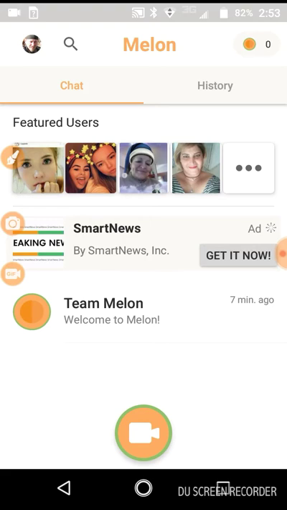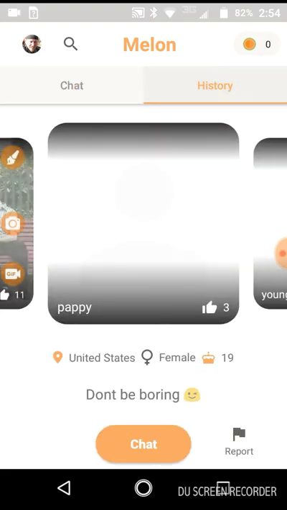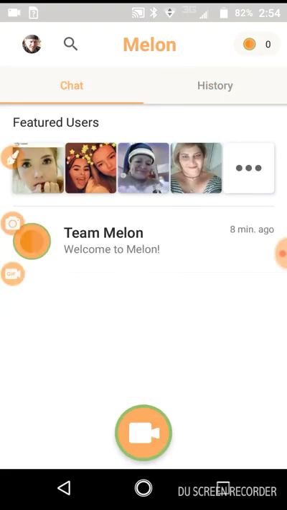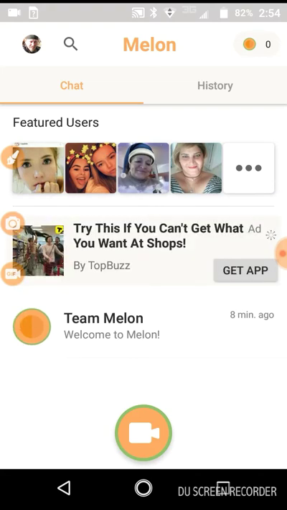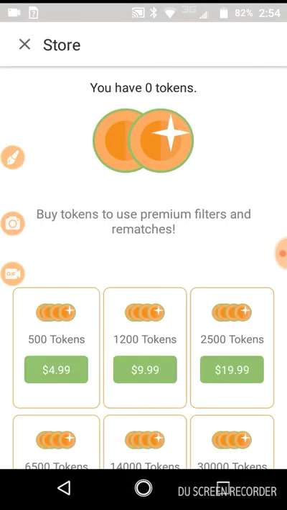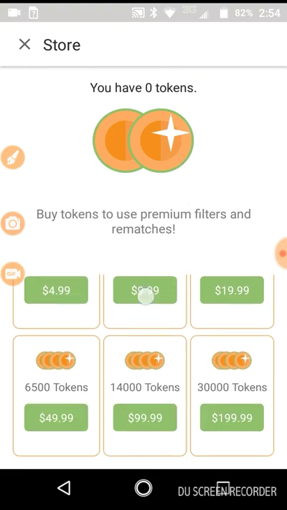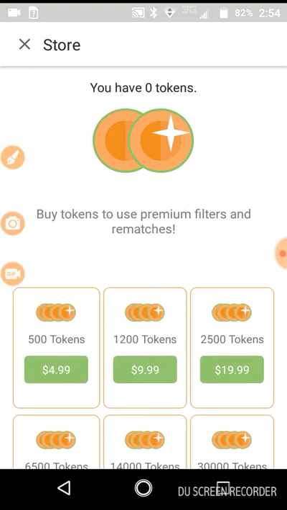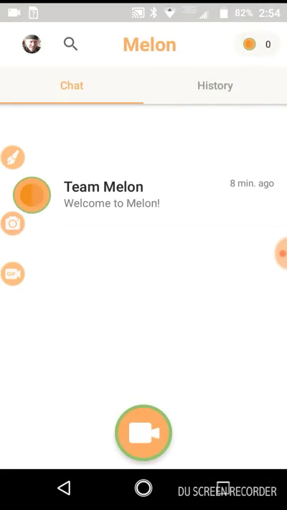Okay, there's our ads. Chat. Tokens. And as I said before, we're not going to be doing any purchasing or any buying through any of these apps. That's going to be one of the limitations for us.